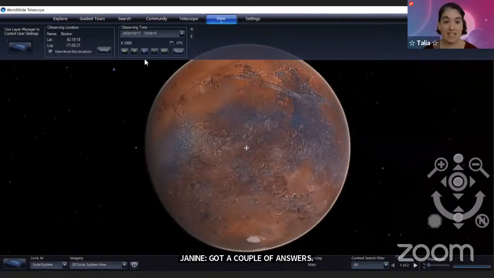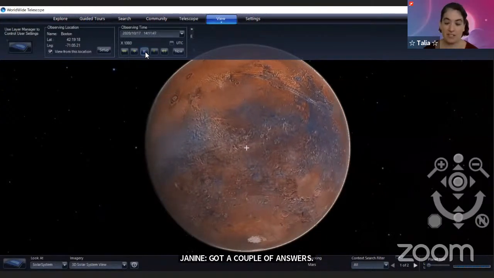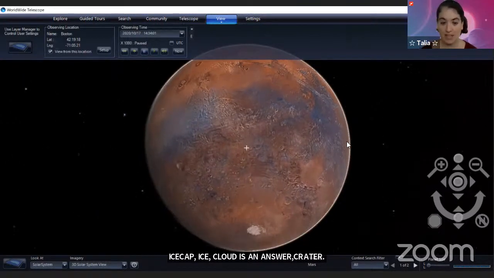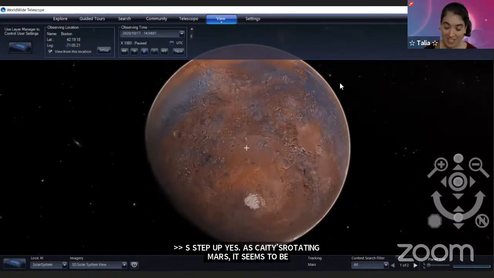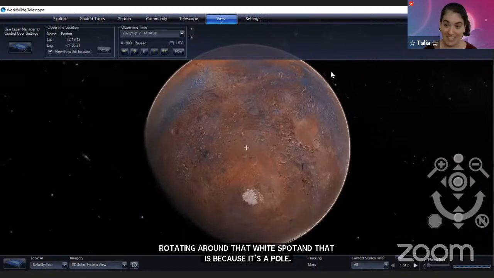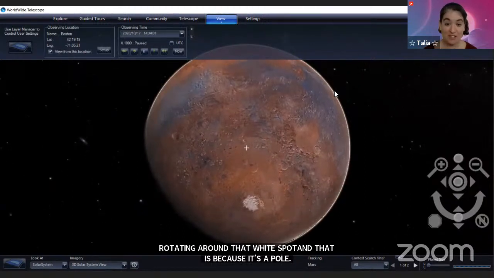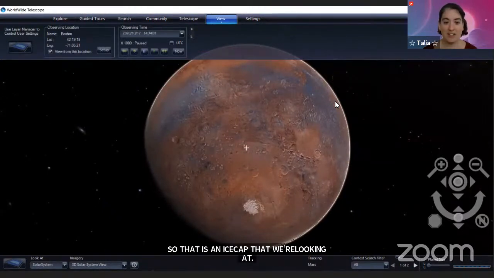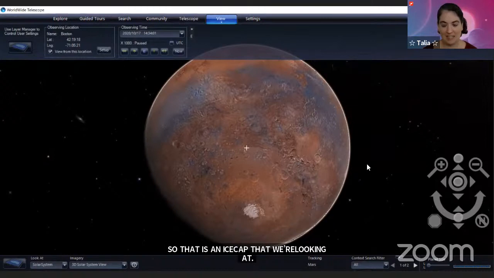Yes, so as Katie's rotating Mars, you might have noticed it seems to be rotating around that white spot, and that's because that is a pole. That is Mars's south pole. So that is an ice cap that we're looking at. So that is a surface feature that Earth and Mars have in common. They both have ice caps at their poles. Now, Mars's southern ice cap is pretty teeny. It's pretty small,